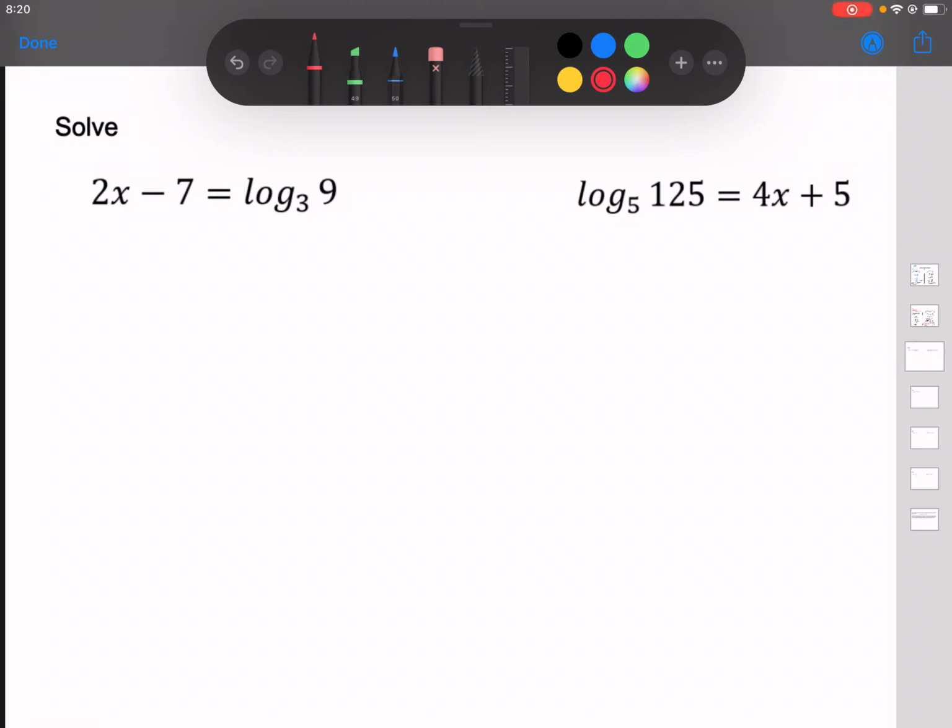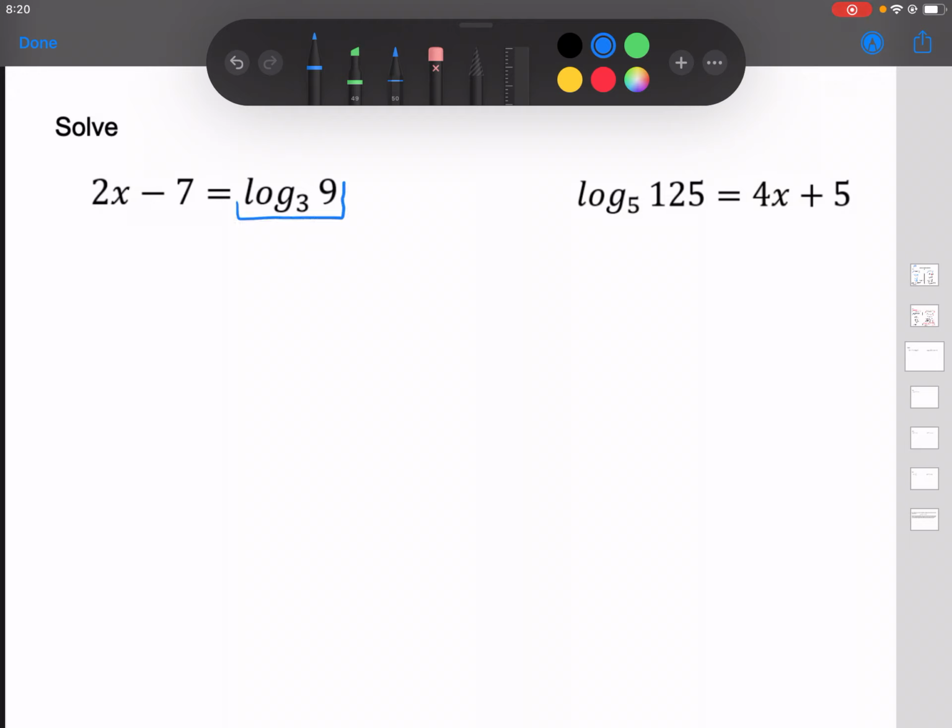It's important to also remember that you shouldn't always get into the habit of matching the base and canceling it, because sometimes that actually makes your life a little more difficult. For instance, this one: log base 3 of 2x minus 7 equals 9. You can solve that using some rules we did before, but the easiest way